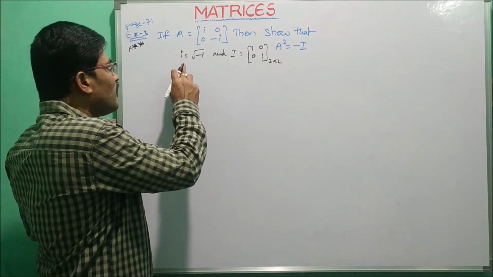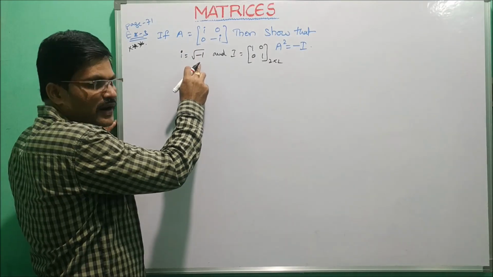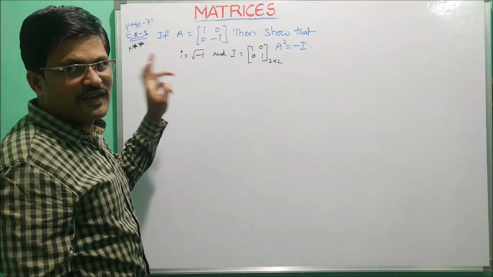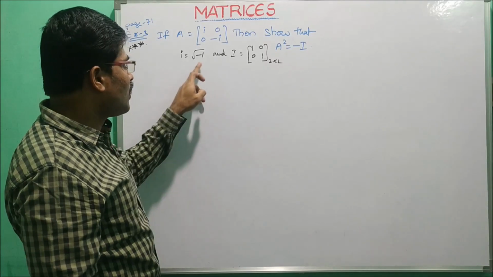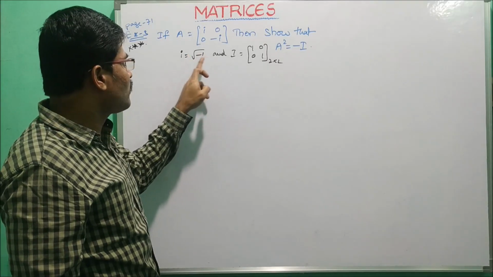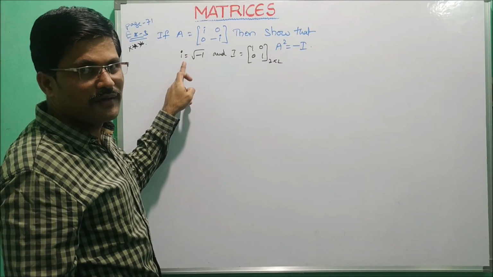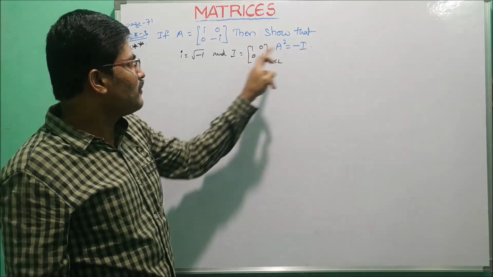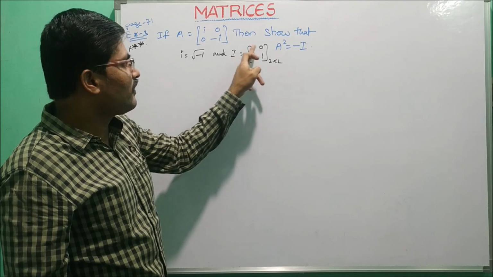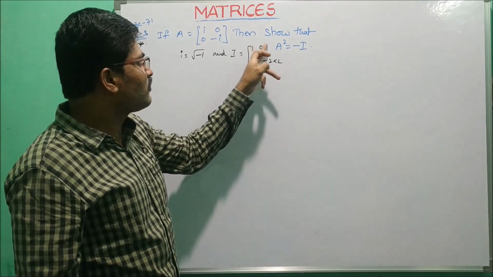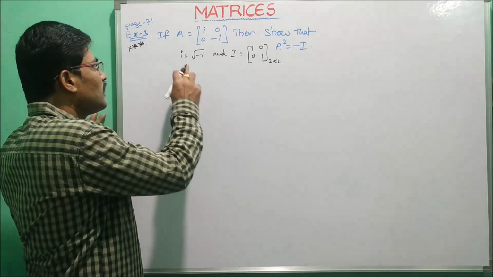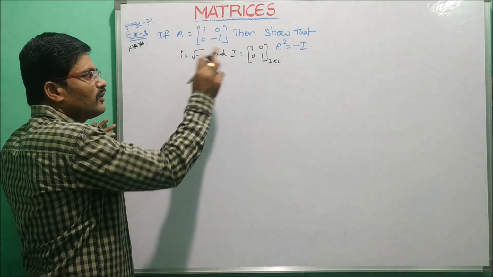So clearly we have to observe small i means square root of minus 1. This is the complex imaginary number. This is the imaginary number. Square root of negative numbers. Square root of minus 1 is already denoted by small i. So here capital I means [1, 0; 0, 1]. Minus I means we have to multiply with minus to both elements, that is [minus 1, 0; 0, minus 1], which is denoted by minus I. So here clearly we take i equals square root of minus 1, and I.